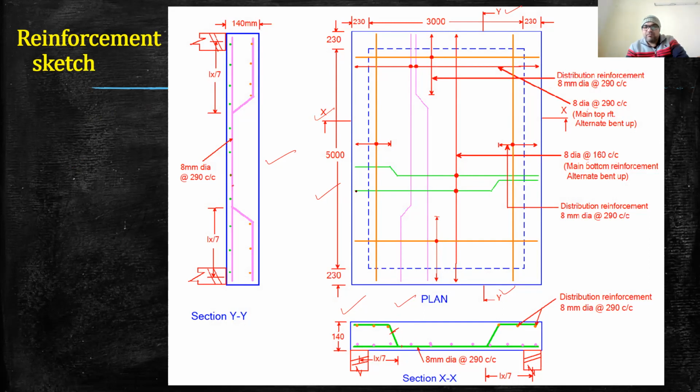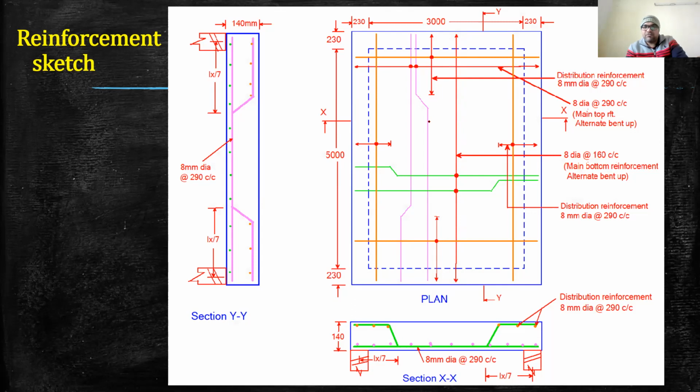So you can see when one reinforcement is going like this, it is bent up in this direction. The second reinforcement is going like this and it is bent up in the other direction. Similarly, the next reinforcement will go like this and bent up on this. So this is the process, this will go on. So this green reinforcement is provided up to here. So this arrow is showing that this green reinforcement will be like this up to here and like this. So this is the green reinforcement.